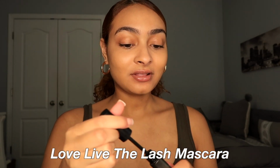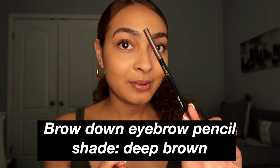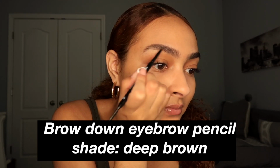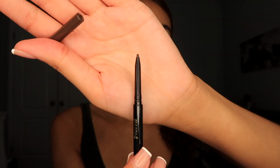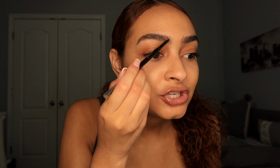This is the Long Live the Lash mascara, and I'm just going to apply a few coats of this. An eyebrow pencil. It's like very fine, so I feel like you could really just get that hair-like strokes. That is what the brow looks like. Super easy, super natural. It literally took me like 5 seconds. Because the brow pencil is so fine, you can really just get in there and like draw each individual hair